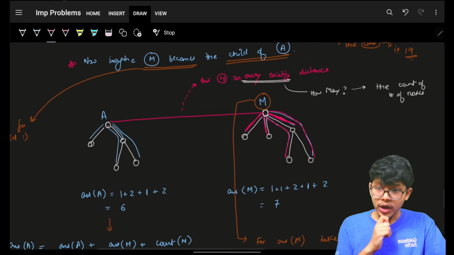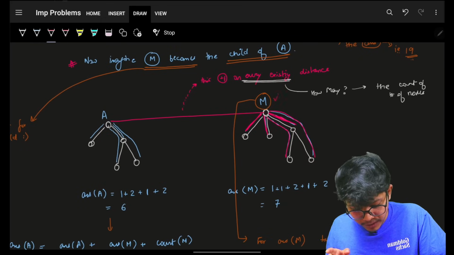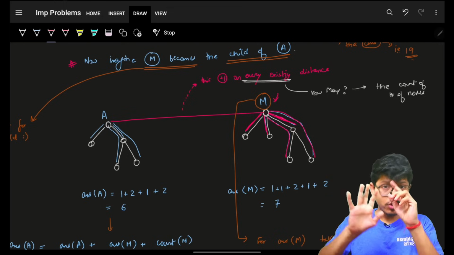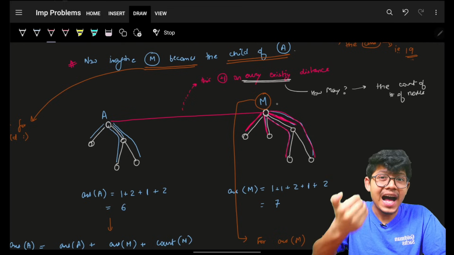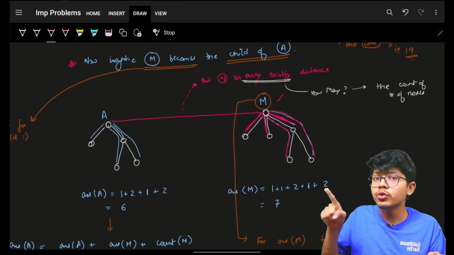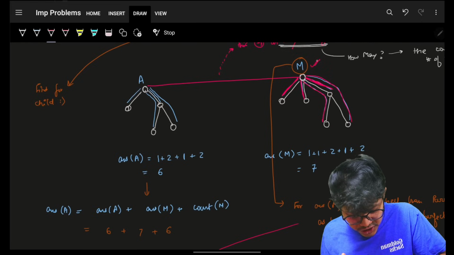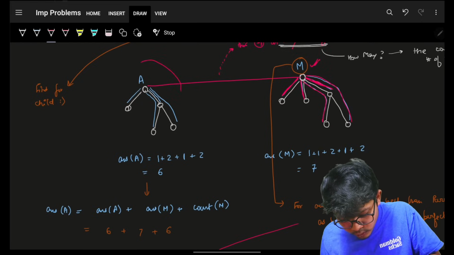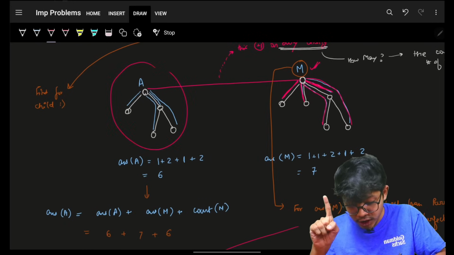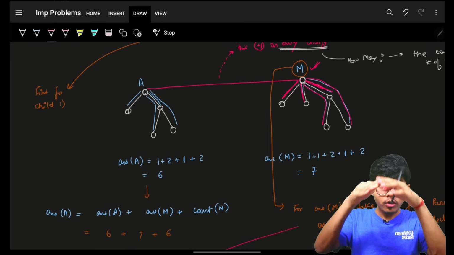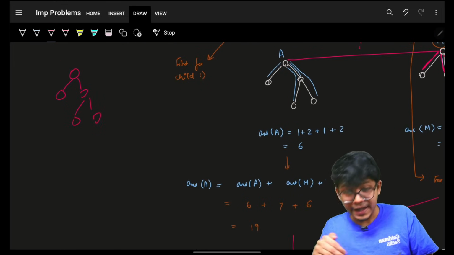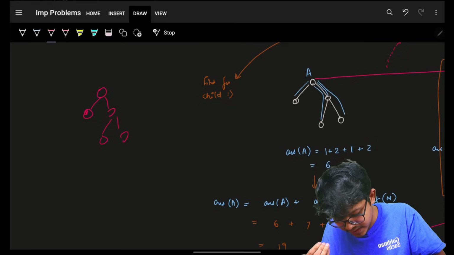So somehow, now that I have found the answer for my parent and have all the things sorted, I have to find the answer for my child. So the child will now make use of its parent. Now this child, which is M, will make use of its parent, which is A. If you remember, A was the root node. While building the answer, I was using this answer,